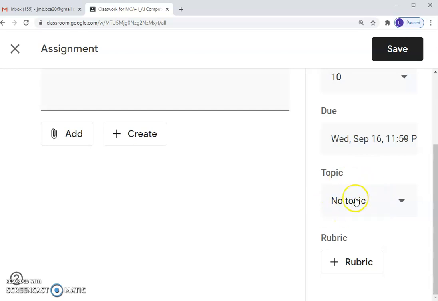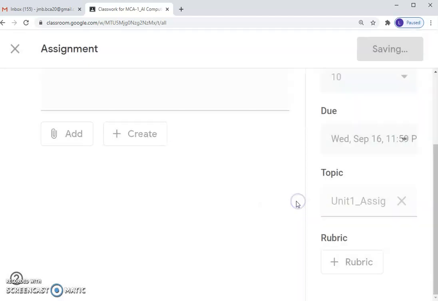Topic. This is a very important feature. With the help of this, we can create different sections in our assignments and resources. Suppose I create one new topic called Unit 1 underscore assignments. Once I create this topic and save it, update.